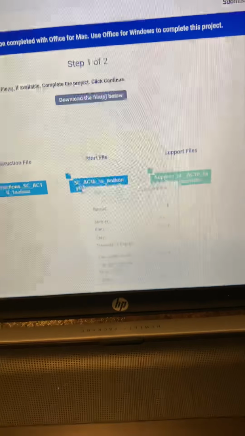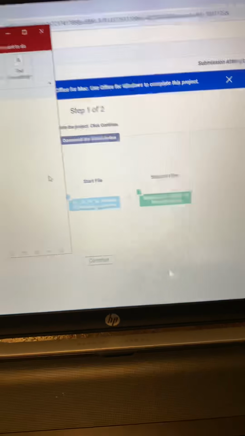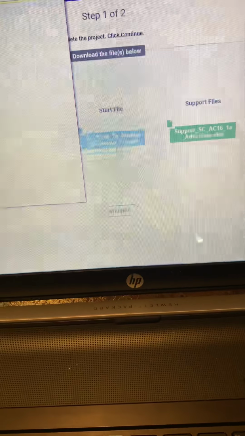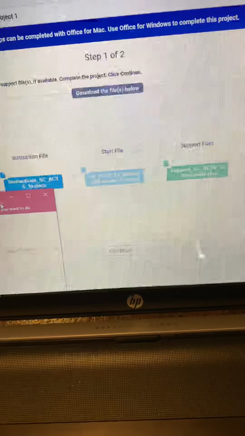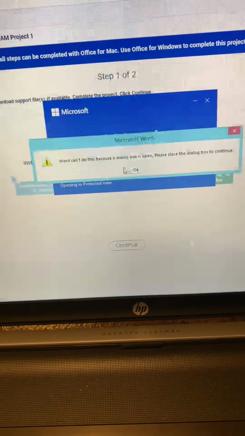So first you wanna load the start file. That's where you're gonna be working in. So it'll pop up in the lower left-hand corner. You load that in, see, Access. Alrighty, that's loaded in. You're gonna also wanna load in the instruction file. It's very self-explanatory. So the instruction file is gonna walk you step by step in order what to do. So for example,